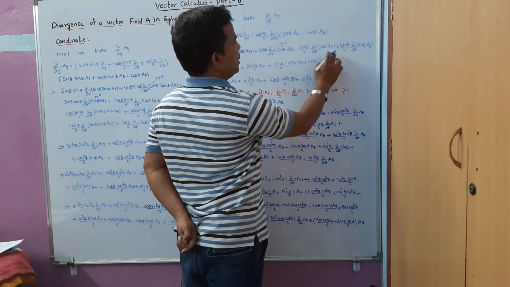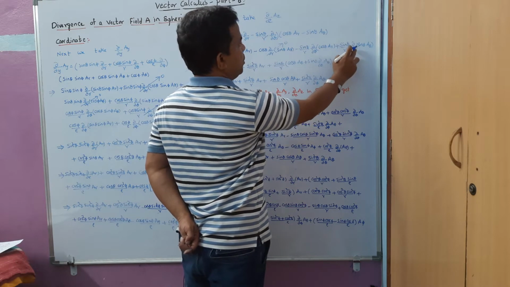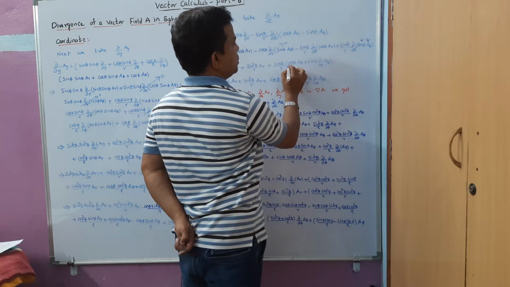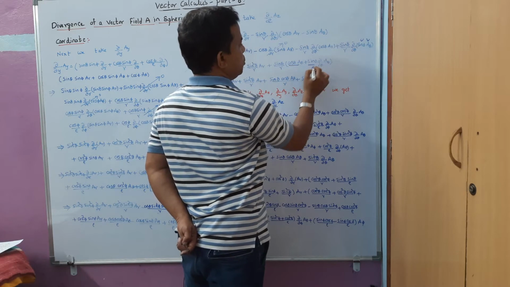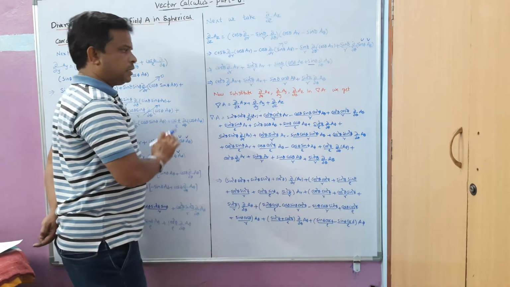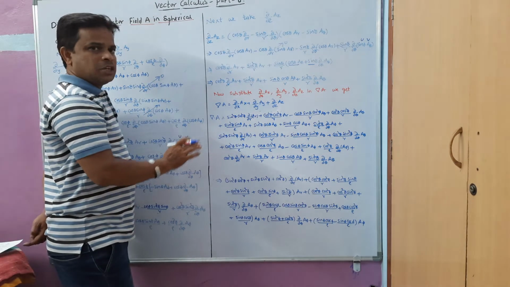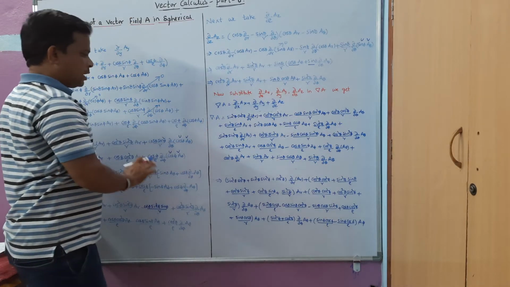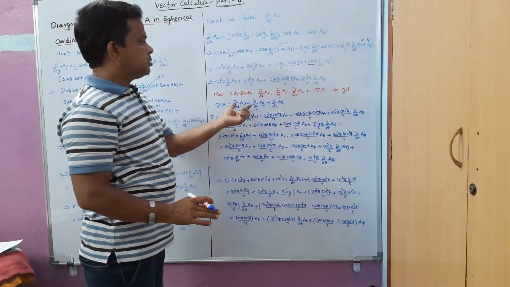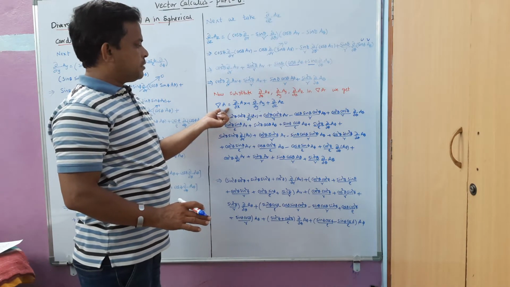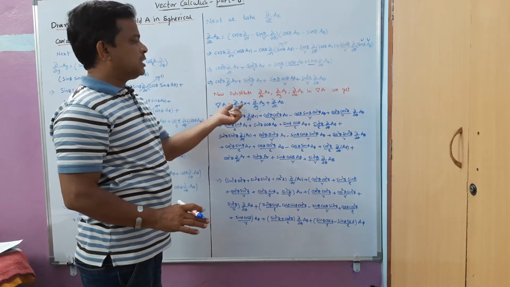Next, similarly here I have sin theta by r del by del theta of sin theta, again we have to use the uv formula here. We have applied cos theta into a theta, sin theta del by del theta of a theta. After multiplication we will get this one. Now we have got all the three terms: del by del x of ax, del by del y of ay, and del by del z of az. Now I am going to add all those three terms and put them into del dot A, that is the divergence of the vector field A in Cartesian coordinates.